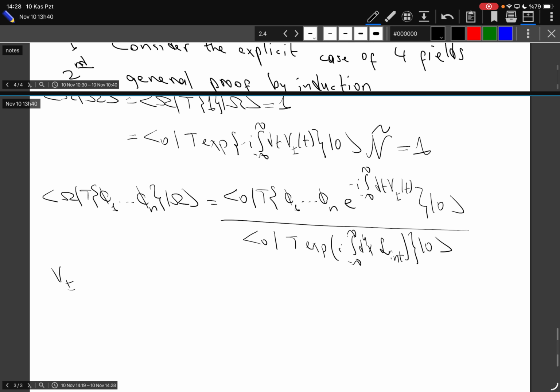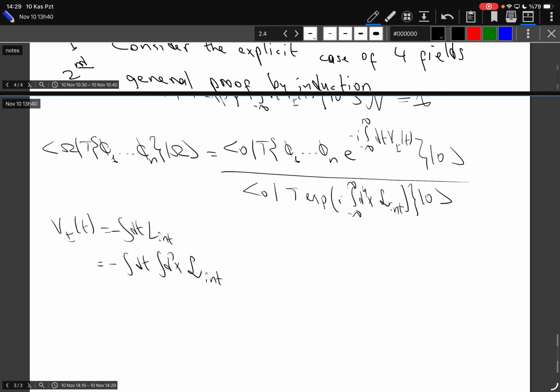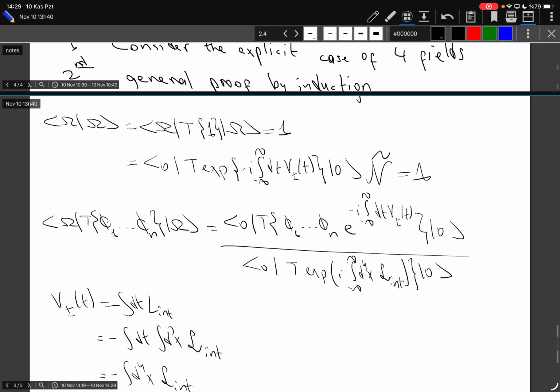Why? Because the I of t, the potential, is nothing but the interaction part of my Lagrangian with a minus sign. My Lagrangian is the integral of the Lagrangian density. In fact, I can even write this also as